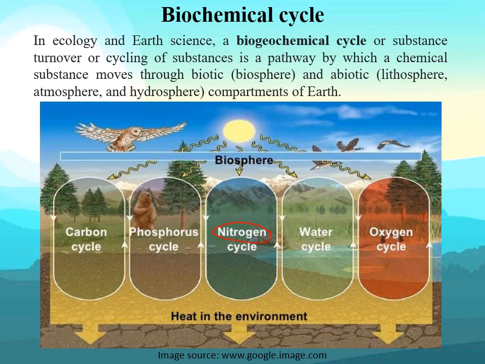Due to their activity, the chemical elements are released from one form and go to another form, and that is why the organic world is able to intake those chemical elements, and after their use they are again returned back to the abiotic world. So